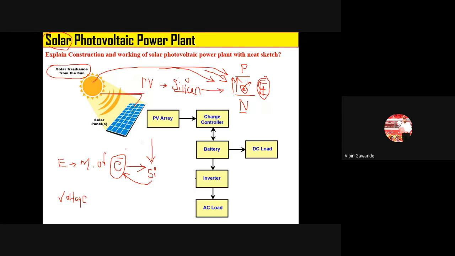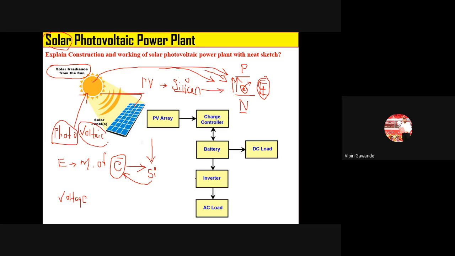That's why it is called what? PV. PV means what? Photovoltaic. Now photo means light. So from where is this light coming? This light is coming from the sun, photo. And what is voltaic? It is called a photovoltaic cell. So this photo word comes from solar energy, light from the solar energy.